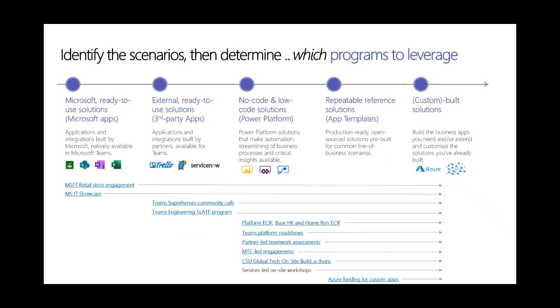But we have some of these more formalized programs where we can bring in, maybe it's a store for training, or we have some programs where something like Slate, where we'll help develop a line of business application, up through even what we call ESIF, which is end customer investment funding, using funds that Microsoft has set aside to literally pay for someone to come in and create effort. We have programs that are funded for very specific things. So it's not a free-for-all. They have to be approved in most cases when it comes to dollars,